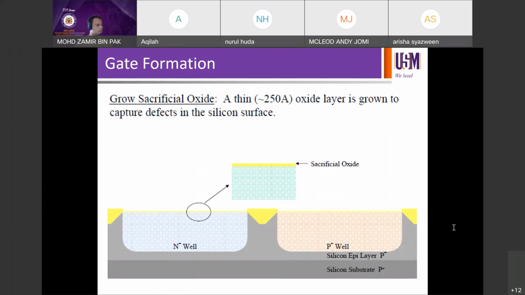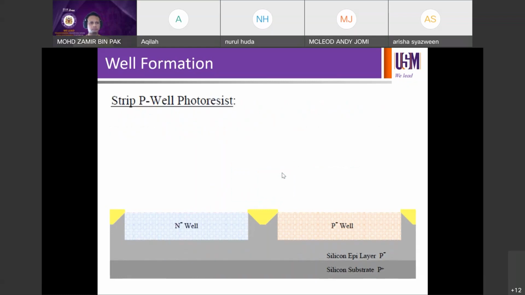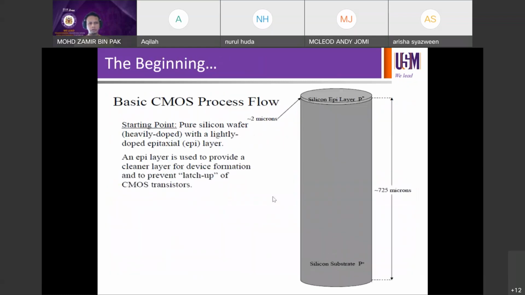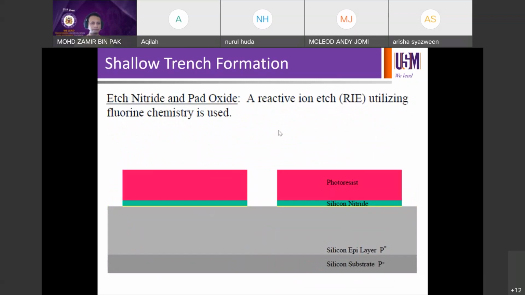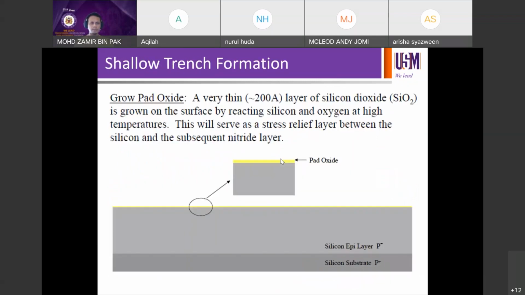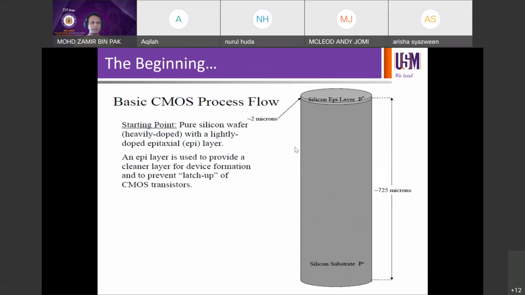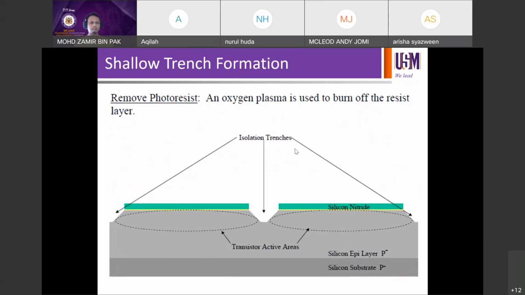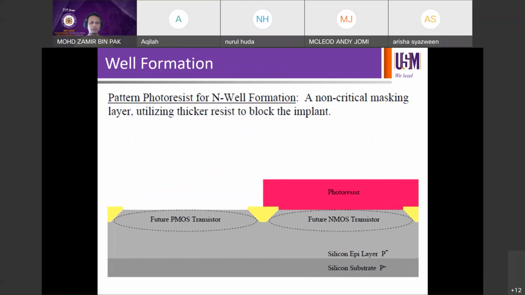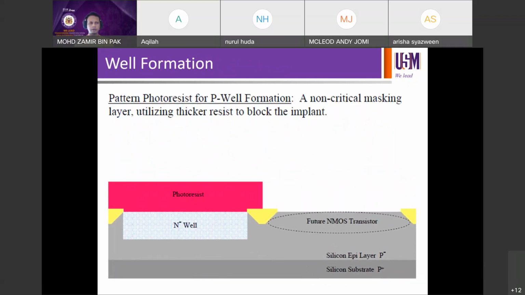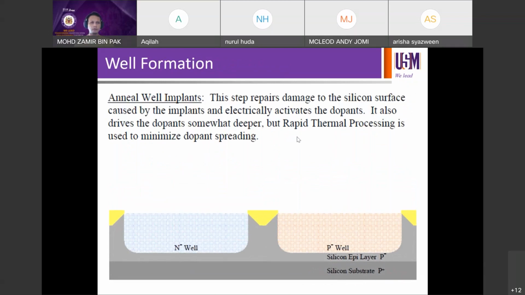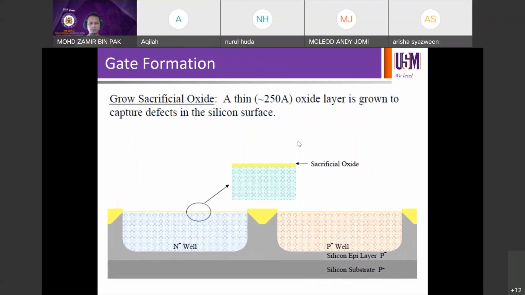All right, thank you. So previously we've discussed all the processes before the front end, and we're still at the front end. We've discussed from the wafer, the epi, and then the STI, and then well formation, and finished off with well annealing. Now we're coming to the gate formation. Remember all the modules that we have when we talk about process integration. So now we're going to form the gate